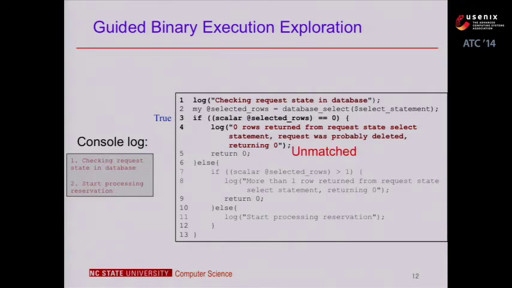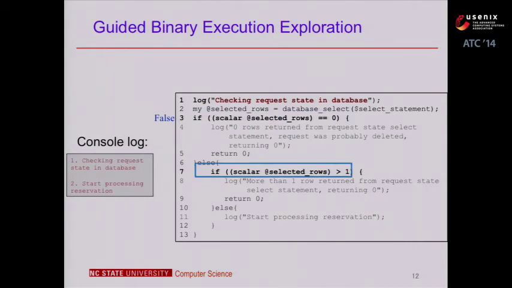In-situ monitors this and detects it. It rolls back to the previous branch and tries a different value for this branch. It tries the false value and comes to the second branch. Again, it tries false and true conditions here. For the true, it generates different console log messages, and for the false value there is a matching console log message, and this is the execution for the code that In-situ wants to find out. So the idea here is that we just use the environment information as a guidance to prune out the unwanted, wrong paths. This is only a basic scheme. We have a more complete scheme in our paper. Please check it out if you're interested.